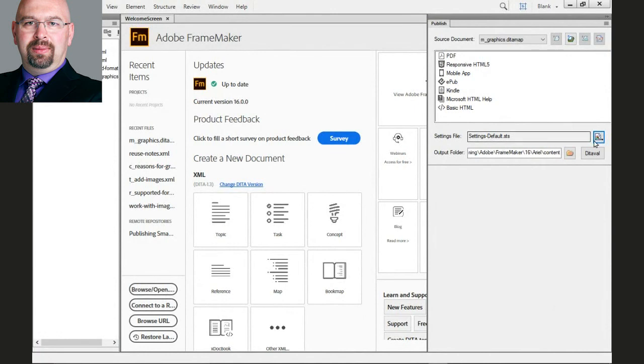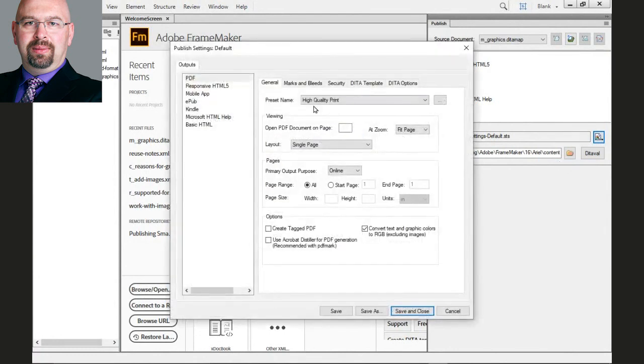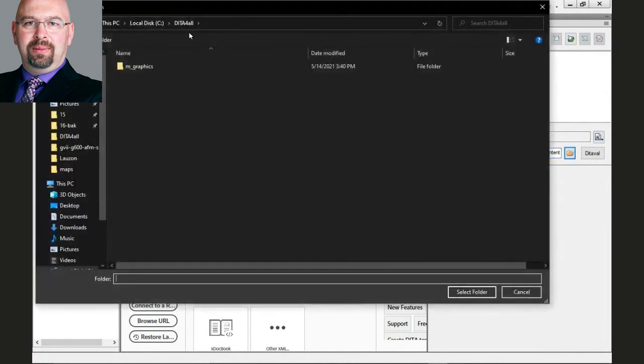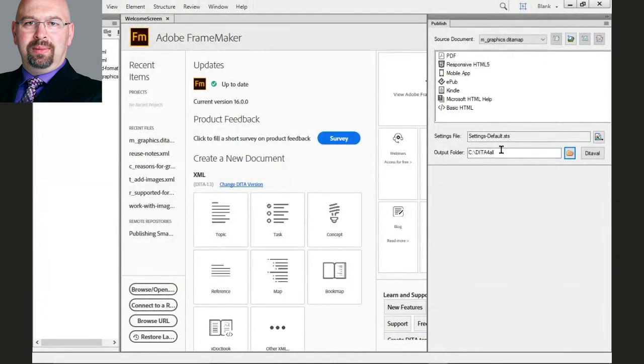So this default setting is the exact same thing you would get if you went in and chose New, and then saved this as it is, or if you just launched FrameMaker for the first time. The output folder, I'm going to change this to be my C drive, my DITA for all, so that it appears inside the same location as everything else. And look at this, I got 5 minutes